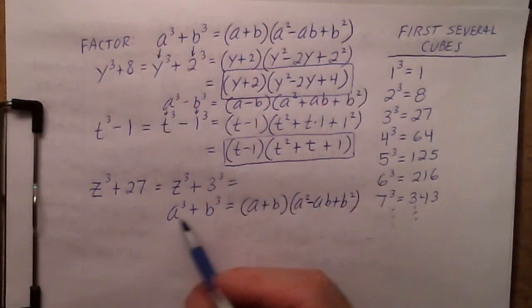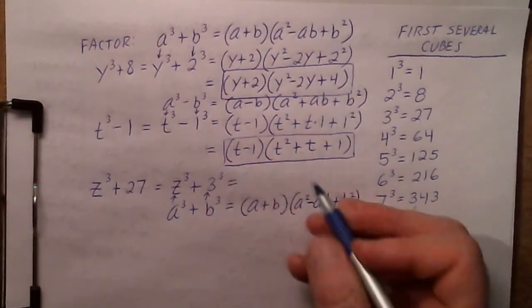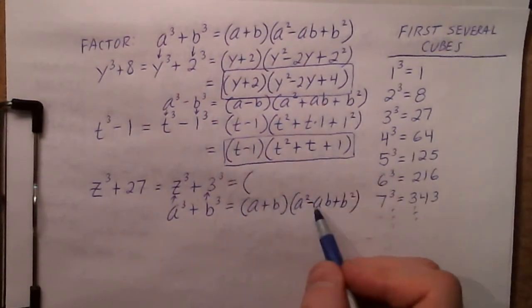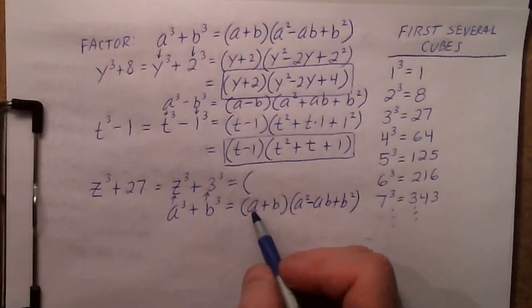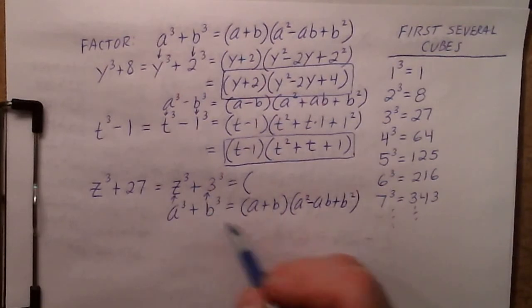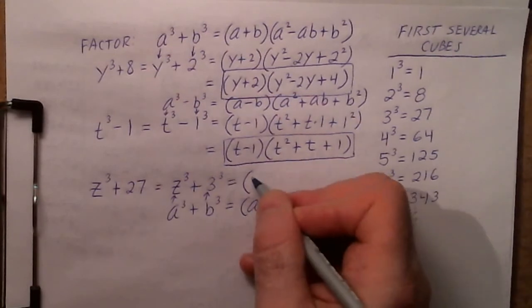And so, ladies and gentlemen, our a is really like a z for this pattern's sake, and our b is really like a 3. So wherever we see an a in this pattern, we replace it with a z. So a plus b is going to become really z plus 3. b is replaced with a 3. So here we go with our factorization. a plus b is really z plus 3